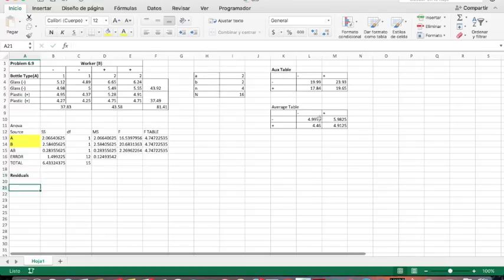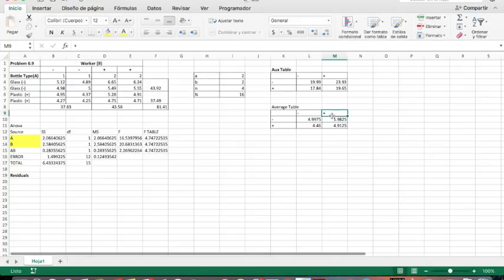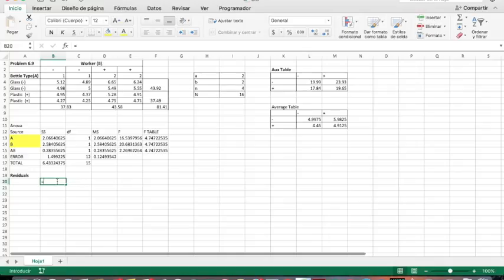To get the residual, I already did an average table, like the auxiliary table, because it has four scenarios: this one, this one, this one, and this one, and it's the average, not the sum, it's the average. So in total we're gonna have 16 residuals. It's gonna be